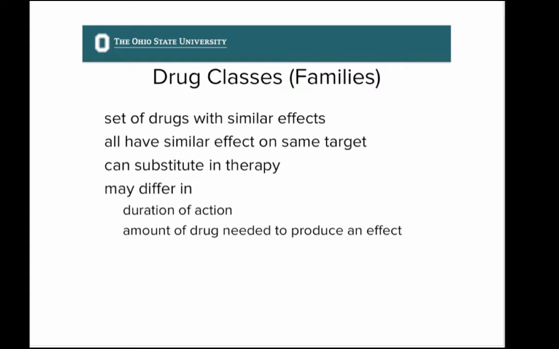Or for people that might have impaired kidney function or impaired liver function, we would choose a drug that is in the same family but not acted upon by the liver or kidney. So there's a lot of advantage to having many members in a family of drugs. There's also a commercial advantage too, I must confess, in that if one company is making a lot of money selling a drug, another company can make another member of the family and try to market and compete and get into some of the monetary action.